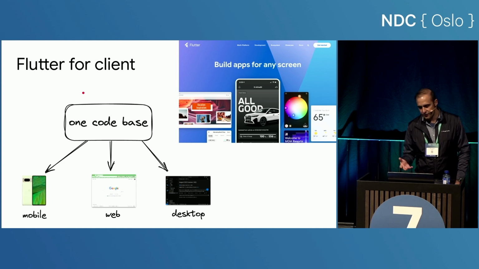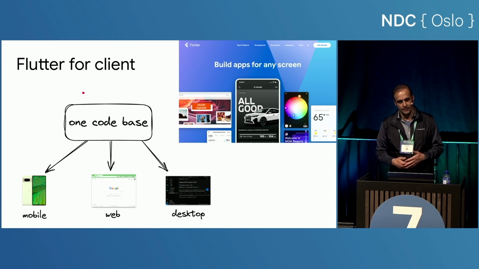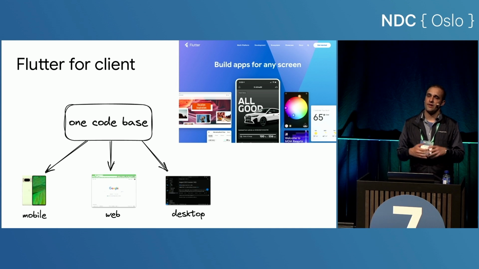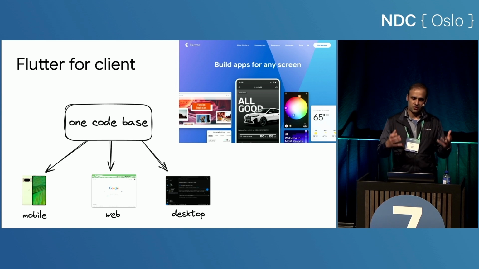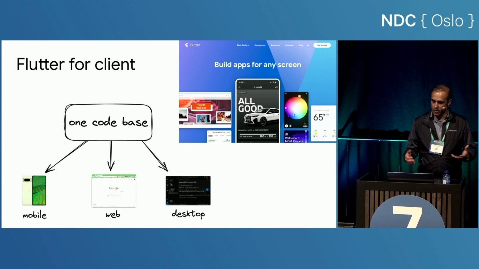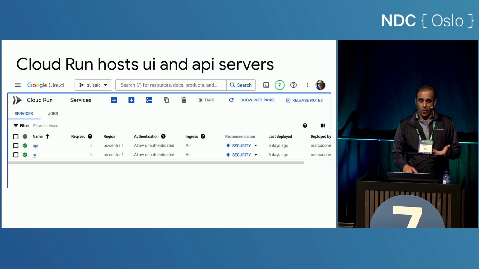So that's the architecture of the small app. We chose to use Flutter for the client because we want to have a mobile app and also a web application. And Flutter, for those of you who might not know, is a platform for multi-platform applications from Google. And it uses a language called Dart, which is similar to C# and Java if you're used to it. So I like that it's a strongly typed language, but for the client side. So it worked pretty well for us. For hosting the UI and API service, we are using Cloud Run, which is the container service on Google Cloud. And it's the default place that I always deploy my code to because it gives you flexibility with the containers, but it's also very easy to use.